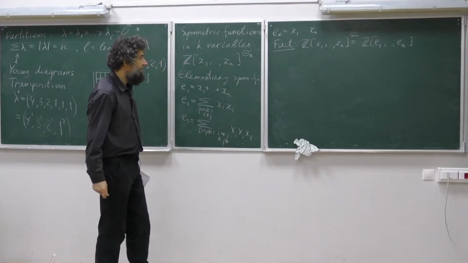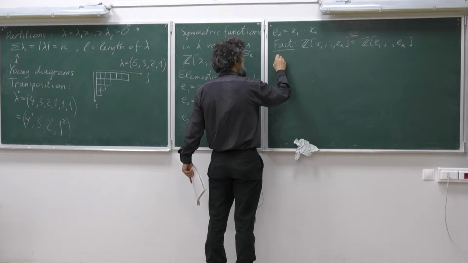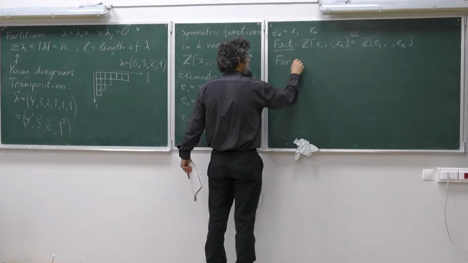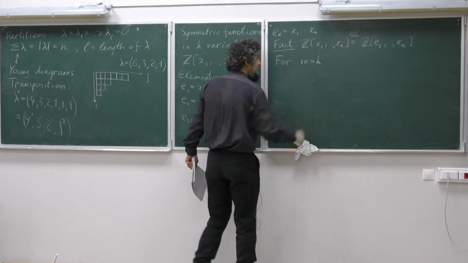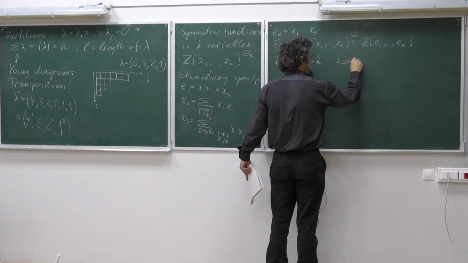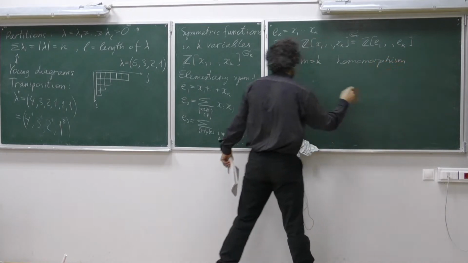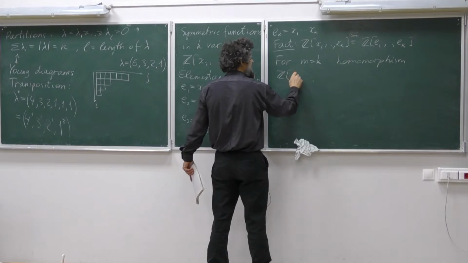Okay. Now, if we have even more variables, for m bigger than k, we have a homomorphism from polynomials in